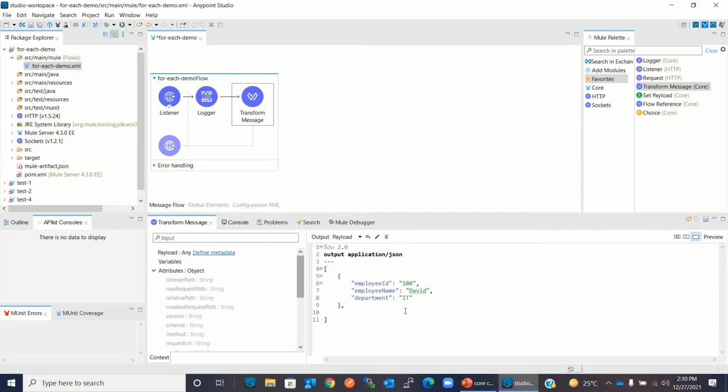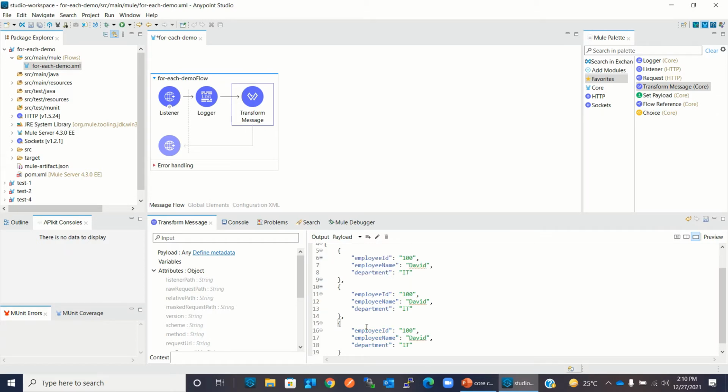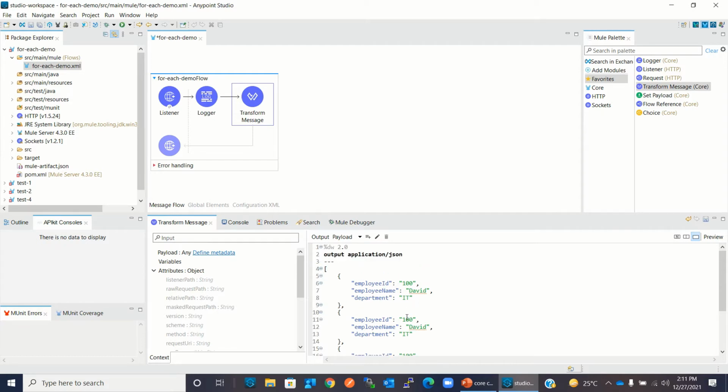Now I want 4 elements, so I will copy this element 4 times. I will change the ID. Second one I will say 200, and employee name Mike. Department I will say finance.